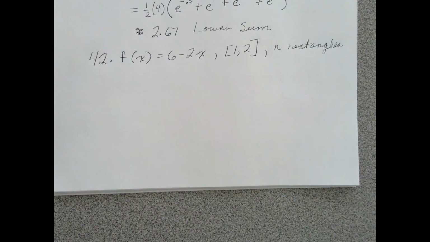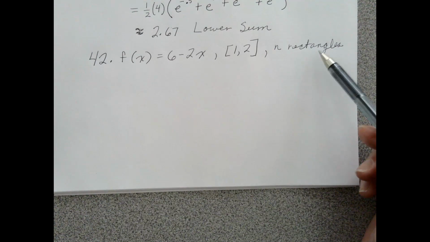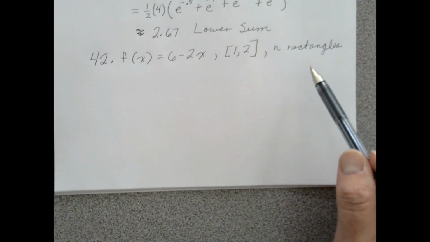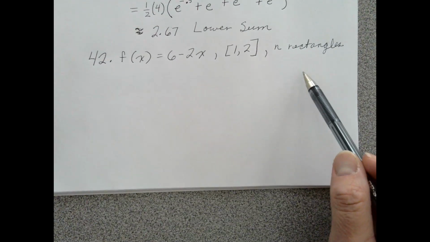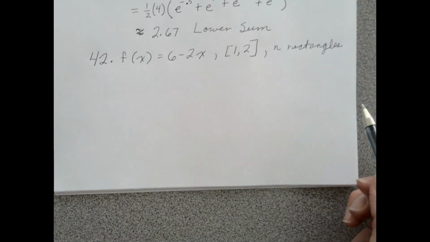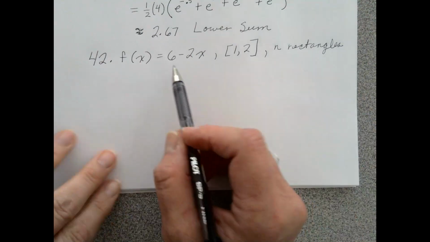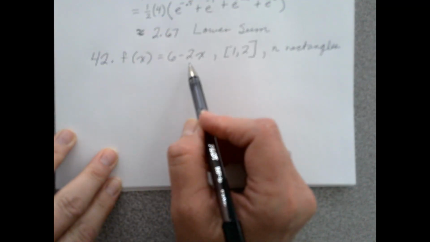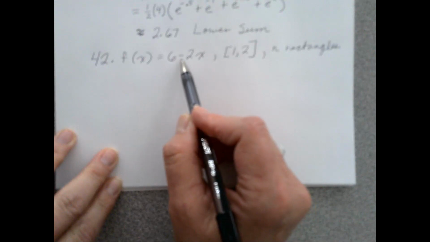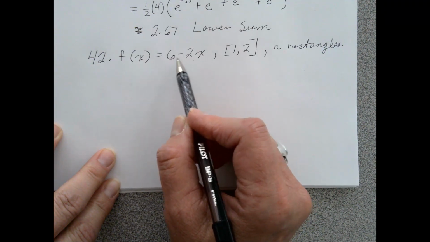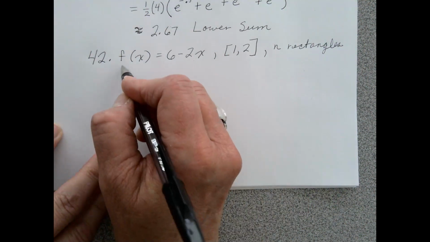All right, so when you want to find the upper and lower sum and you don't know how many rectangles there are, it makes it a little bit harder to draw, right? So this is where you have to start. You can think about what it might look like, but what kind of function is this? It's a line, a linear function, right? And is it increasing or decreasing? Decreasing, because the slope is negative, okay? And this is the y-intercept. So just to draw a quick sketch of that,